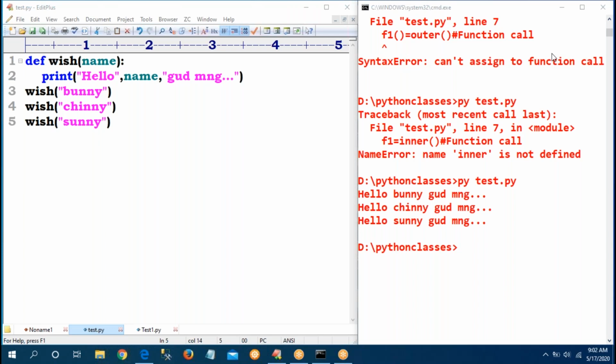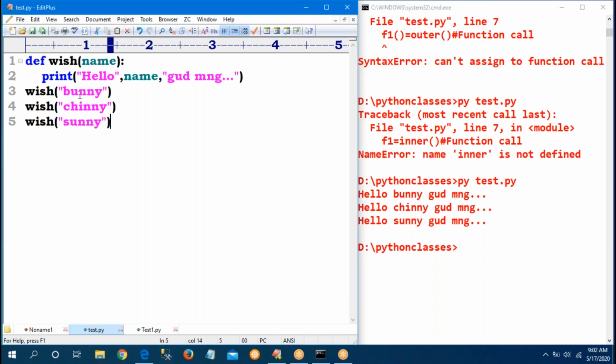No, something special is there. If ladies are there, generally we wish, hi, very, very good morning. Some of your face expressions will change, and the good morning also will change. You can observe. If you go to the office, observe your colleague. If the colleague is a gent, your wish is different. If your colleague is a lady, your wish is different. If it is Bunny, hi Bunny, good morning. Chinny, a gent, hi, good morning. Sunny, a lady, hi Sunny, very, very good morning. Like that, I want to wish.